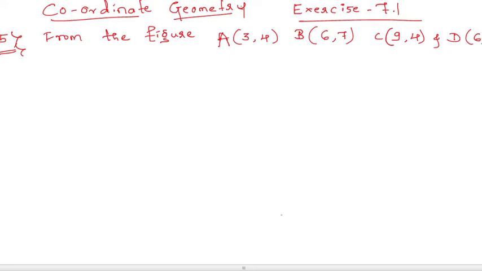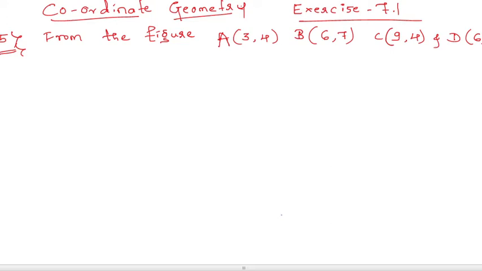Now problem number 5. In a classroom, 4 friends are seated at the points A, B, C and D as shown in the figure. Champa and Chameli walk into the class and after observing for a few minutes, Champa asks Chameli, "Don't you think ABCD is a square?" Chameli disagrees. Using the distance formula, find which of them is correct.